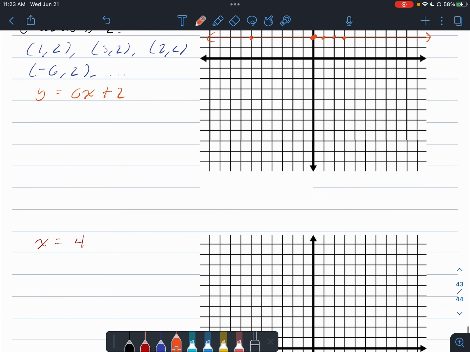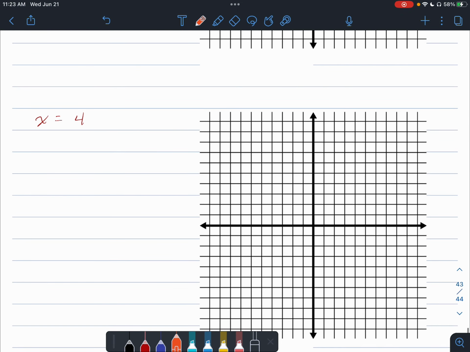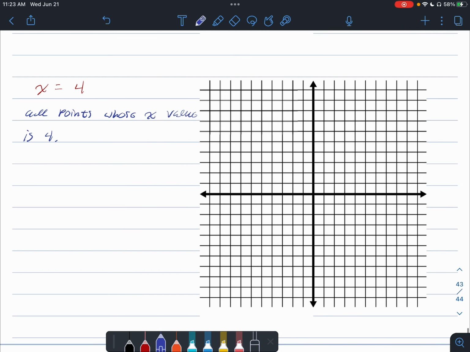All right, and another important type of line to look at is a vertical line. Okay, this is given by x equals some value. This is all points whose x value is 4, in this example, at least. So this will include, oh, sorry, no, other way around, sorry, 4, 0, 4, 2,